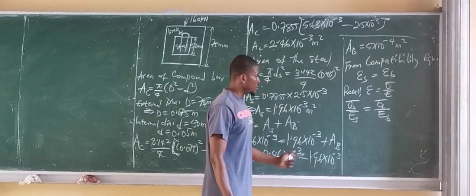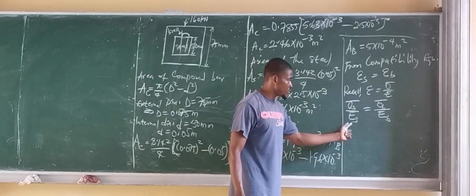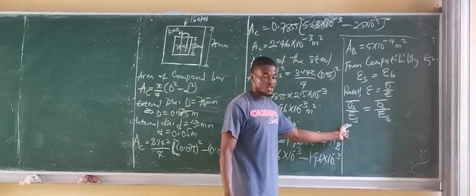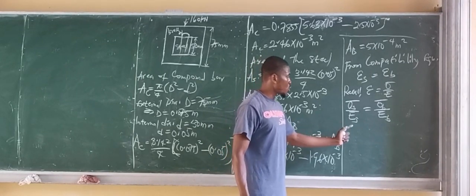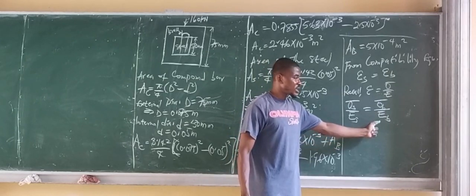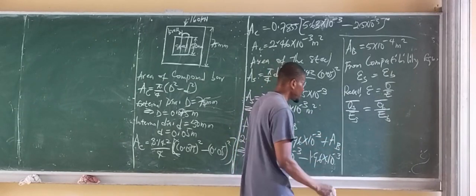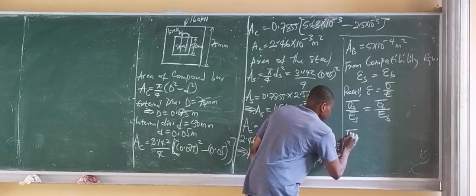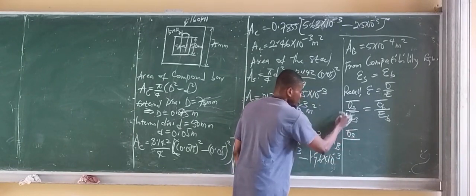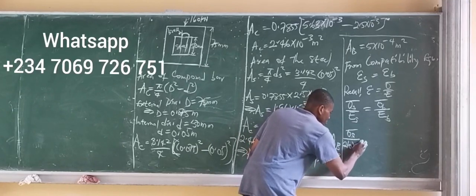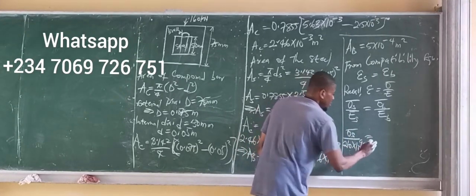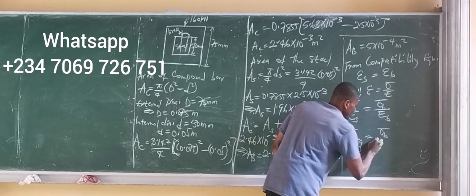From the question, the Young's modulus of steel was given as 210 giganewtons per meter squared, while the Young's modulus of brass was given as 100 giganewtons per meter squared. So we simply have the stress of steel all over the Young's modulus of steel, which is 210 times 10 to the power 9, and that's equal to the stress of brass all over